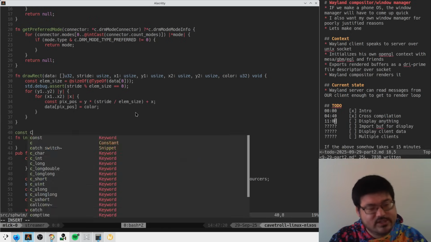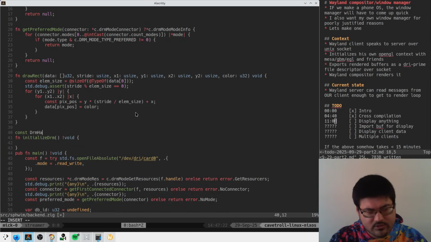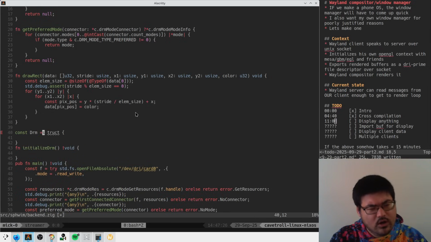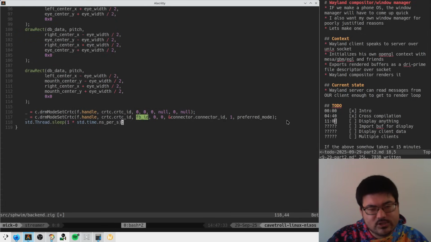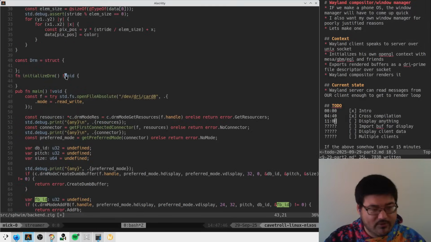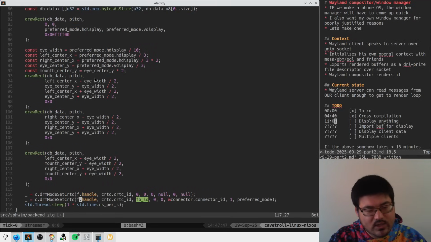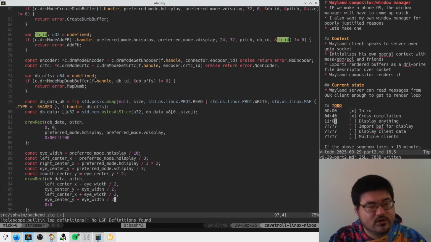And this is going to return some sort of DRM handle or something, right? We don't really know what yet. But this thing is clearly going to have, at the very least, to be able to talk to this control CRTC thing, which means that it needs to be able to call this function. So everything that's in this function has to be here, except for the frame buffer, which will come from somewhere else, right? So we need CRTC ID,